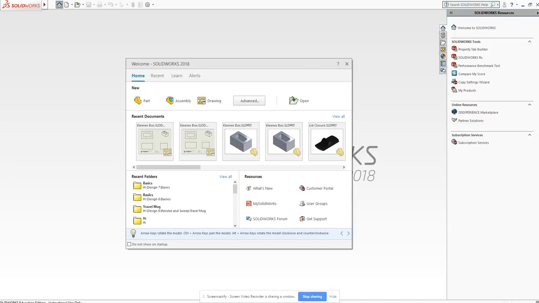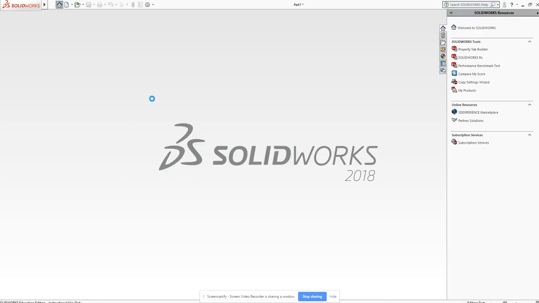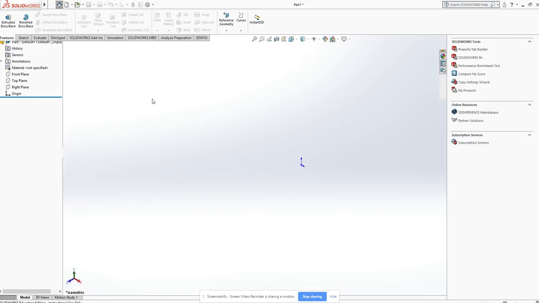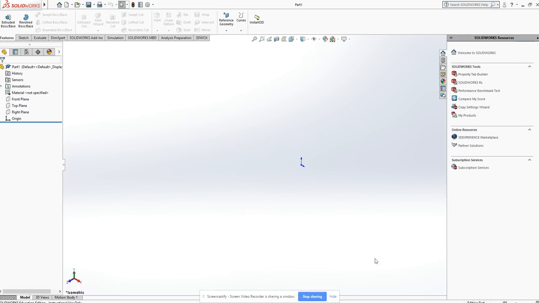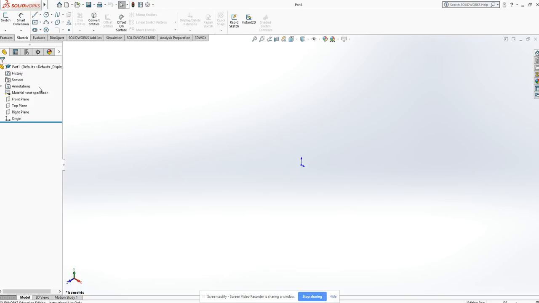In order to create the first part I need for the next one, I will open SOLIDWORKS and start a new part. My part will end up being a board with a hole in the center. So I'm going to think about that now, in that as I start my initial sketch on the top plane,